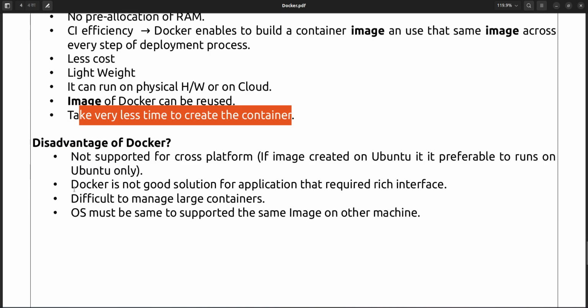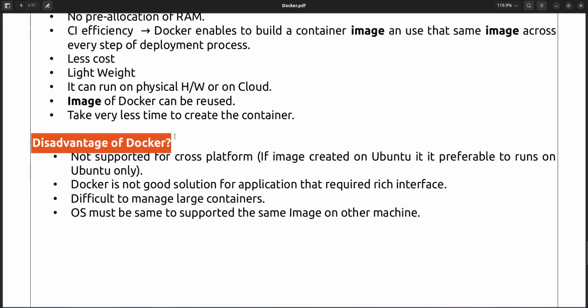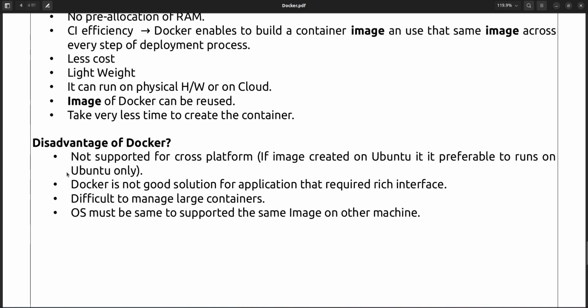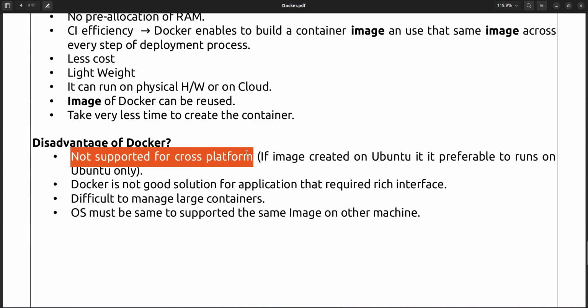Okay, it has some disadvantages also. We have to discuss this too, because once we are discussing the advantages, we must discuss the disadvantages also. Not supported for cross platform. What does it mean? See